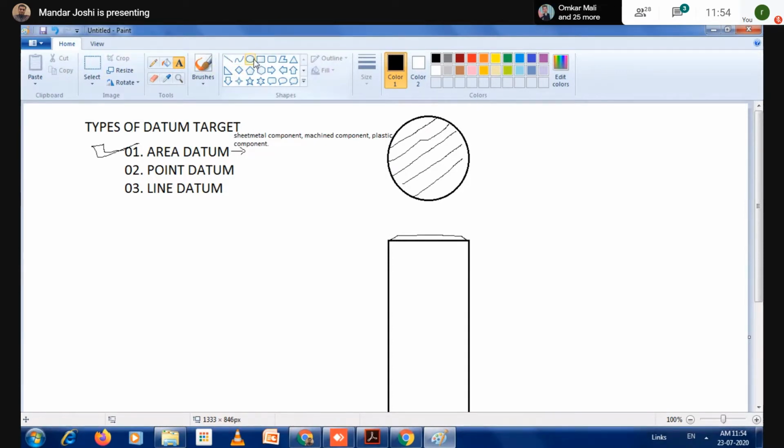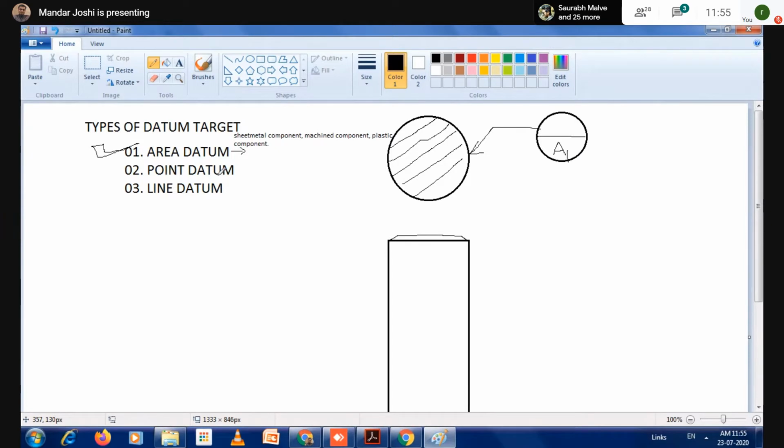So what is the symbol of this area datum? This is the symbol. We need to create one circle as a balloon. The circle is divided in two parts, with some arrows. This is the symbol of area datum. If you don't write anything here, it means your datum is a point datum.